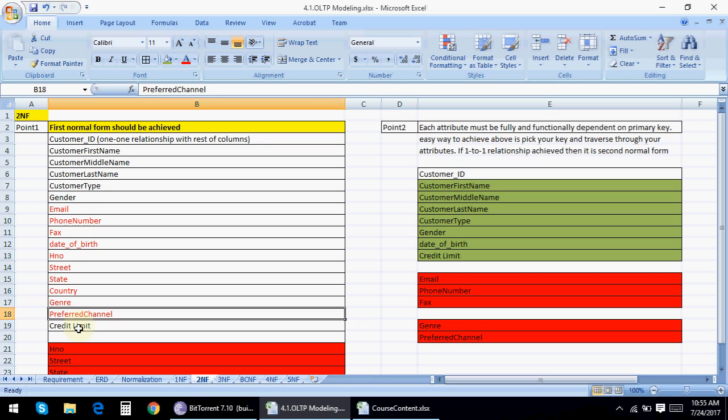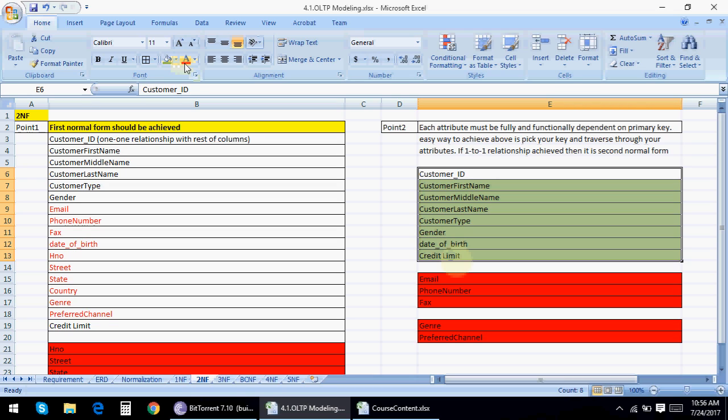One customer ID will have one credit limit? Yes. If I am a regular customer, then the company may provide me at least $100 of credit limit. So if I go and shop, they will still allow me a certain threshold level for credit purposes, which I can pay back in the next visit, or they can charge me based on EMI. So there are certain limits which they can set on a single customer. So one customer can have only a single credit limit. That makes sense. So I am still considering this as second normal form. So this is perfectly second normal form data.